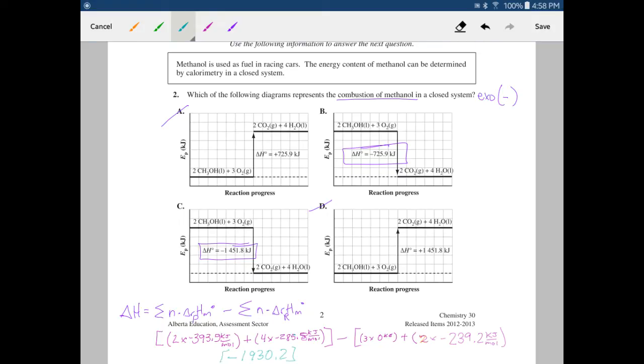1930.2. And I'm going to subtract that from 2 times negative 239.2, which is equal to negative 478.4. And when I do that, I get negative